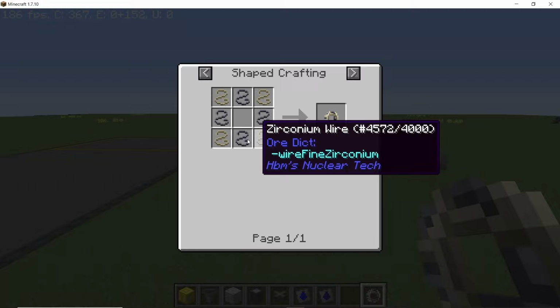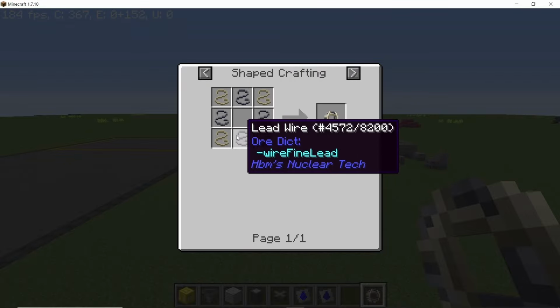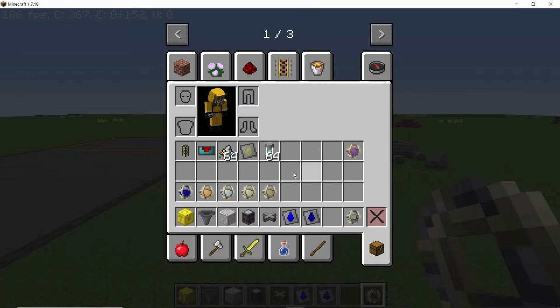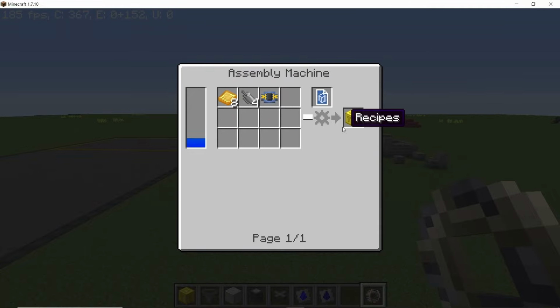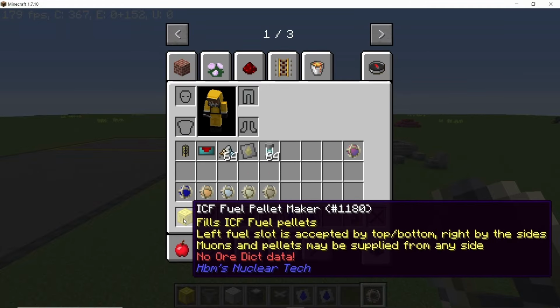So let's start with the empty ICF fuel pellet and the fuel pellet maker. The fuel pellets will take 4 zirconium wires and 4 lead wires, and along with that the fuel pellet maker will take casted gold plates, some motors, and also a versatile circuit board. Now hovering over this will give us information about where the conveyor belts or the item pipes are gonna go,